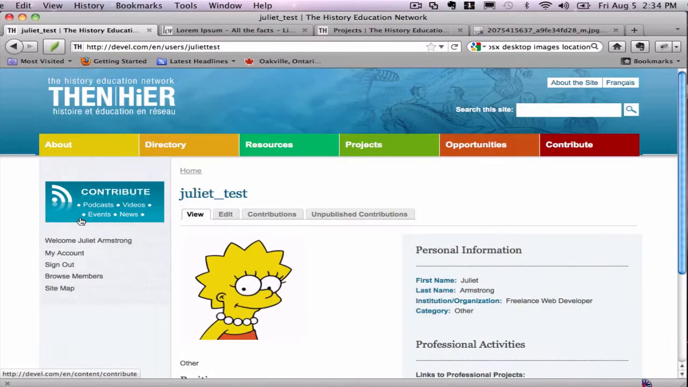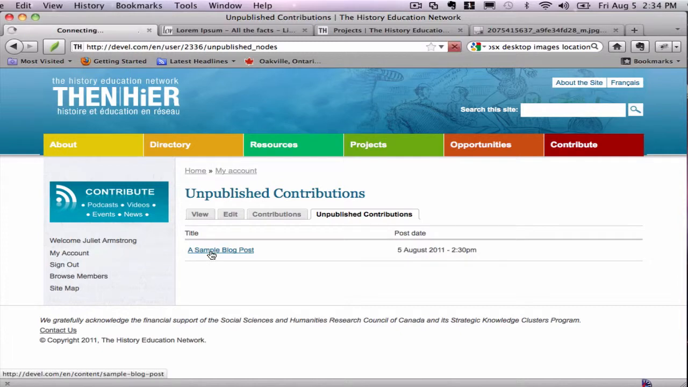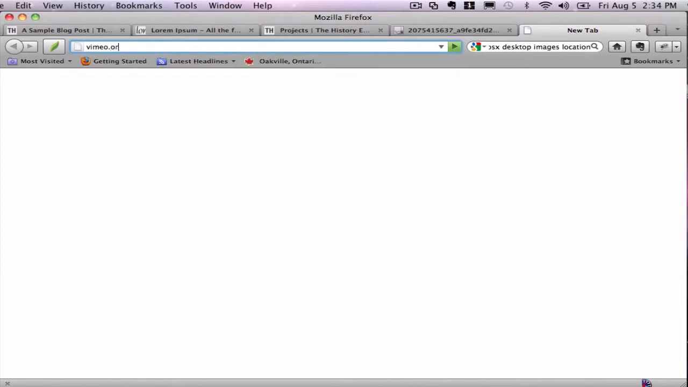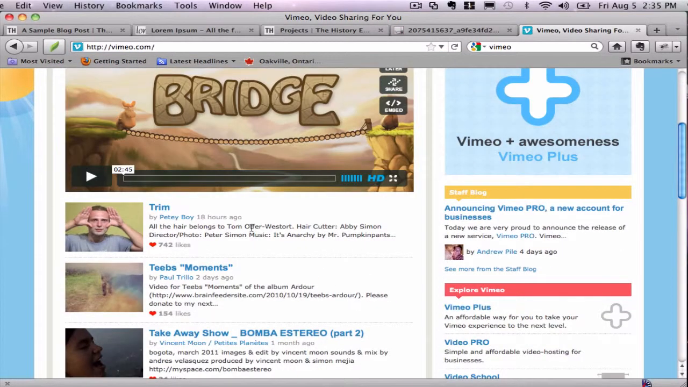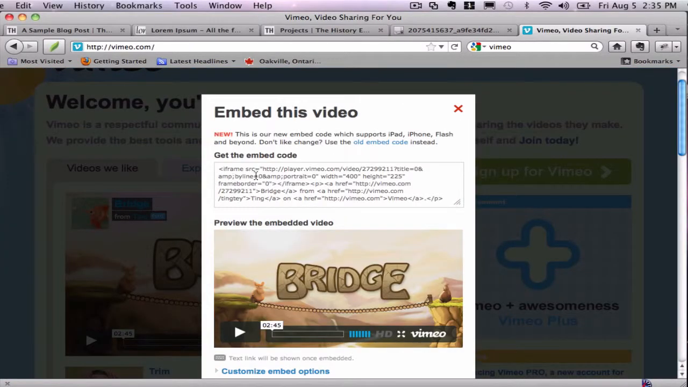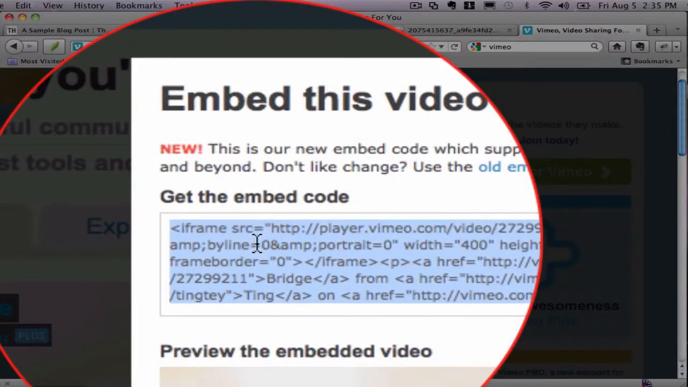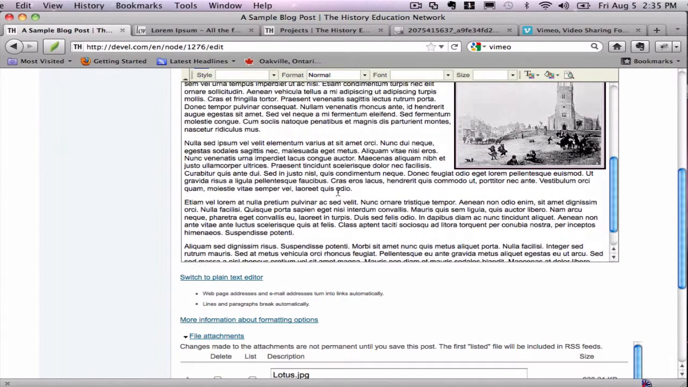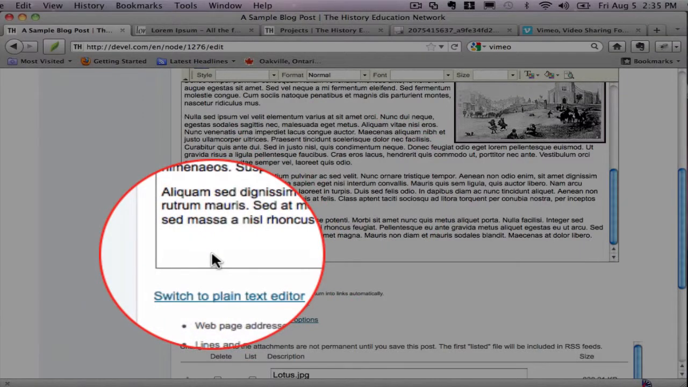Okay, so let's just go back quickly again to my sample blog post. If you need to embed something like a video in a blog post, here we are. I'm just going to take the first video I see here. Now there's this embed option, and it would be the same at YouTube. You would snag whatever embed code there is and highlight it and Command C to copy. And I'm going to go back to my blog post now, and let's just say we wanted to tack on this